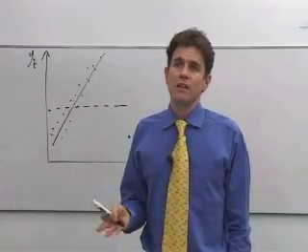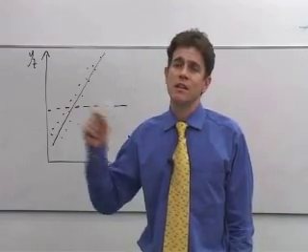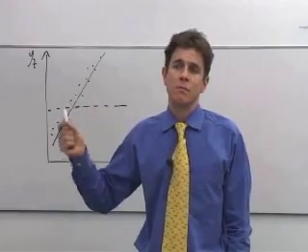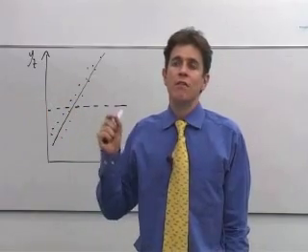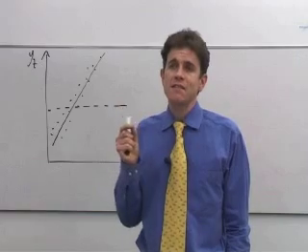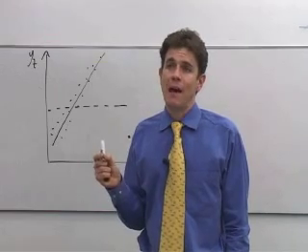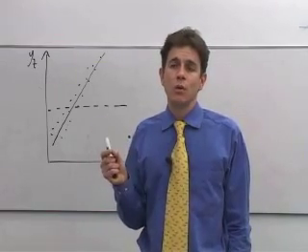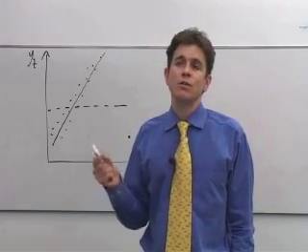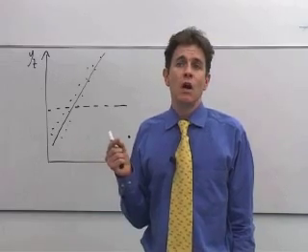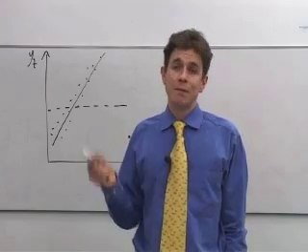Well, the answer is as follows. In the first quarter, the value of D1 will take a value of 1, and the value of D2 and D3 will both be 0, so gamma 2 times D2 and gamma 3 times D3 will disappear from the model in quarter 1. If the value of D1 is 1 for quarter 1, then the estimated value of the intercept for quarter 1 will be beta 1 hat plus gamma 1 hat. Similarly, in the second quarter, the value of D1 and D3 will be 0. So all that will be left is D2, which will take a value of 1. So in the second quarter, the estimated value of the intercept will be beta 1 hat plus gamma 2 hat.